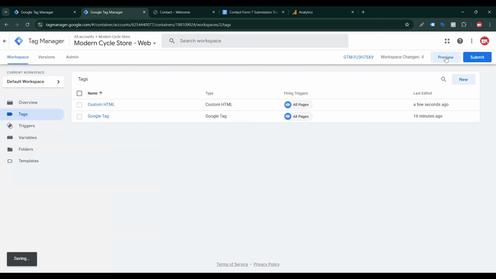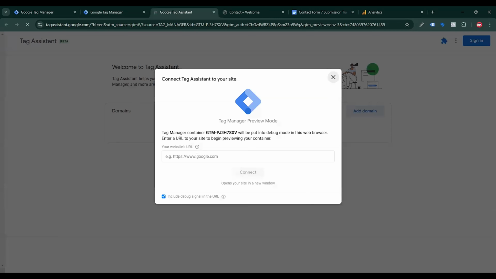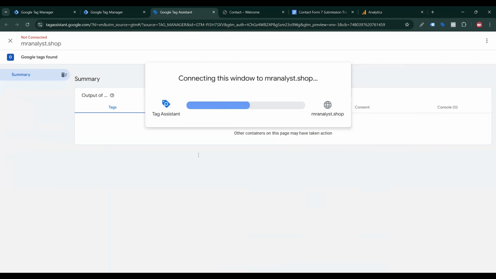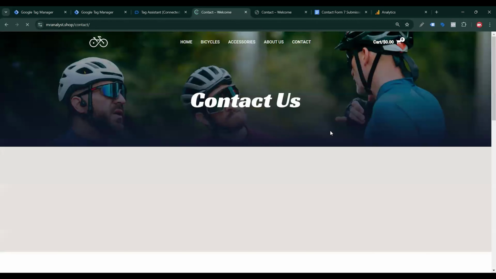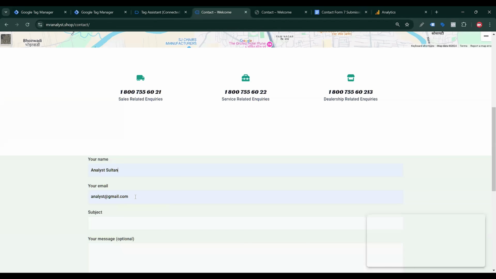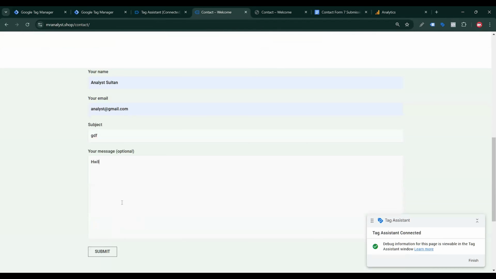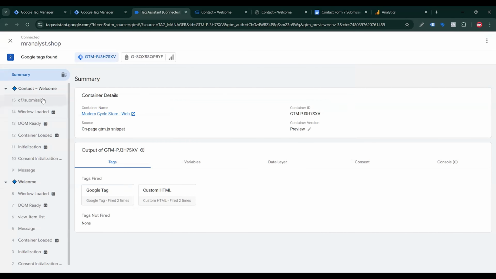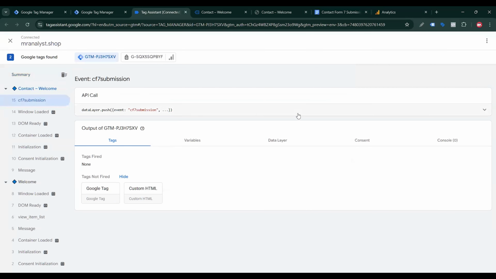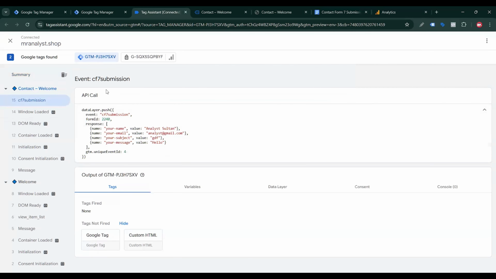Then click the Preview button again, then paste your website URL. Then click Contact again, then fill up this form. Then send, submit. If you see the Google Tag Manager debug view, this event is created. So I need to